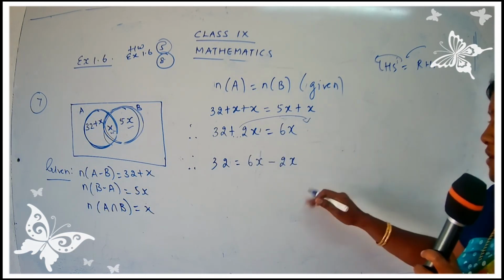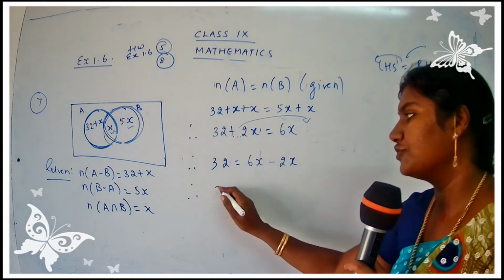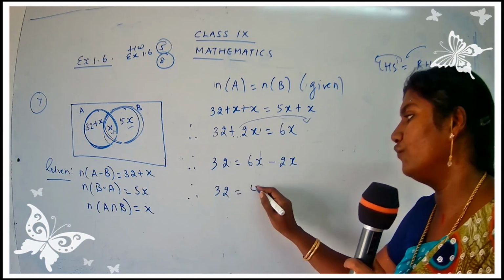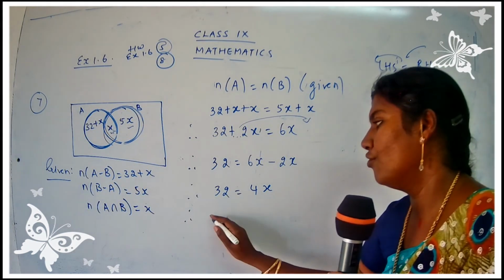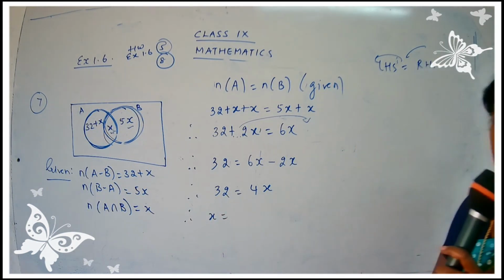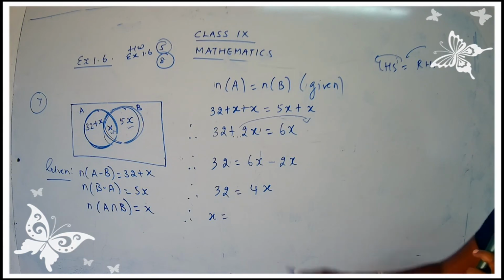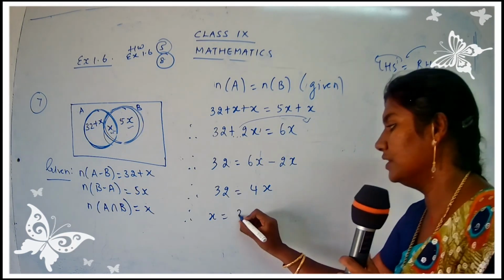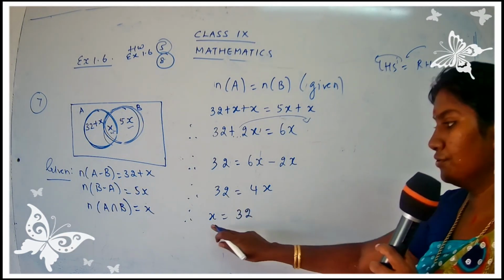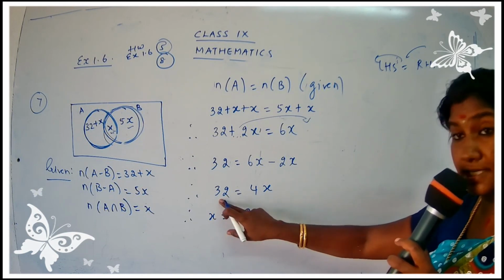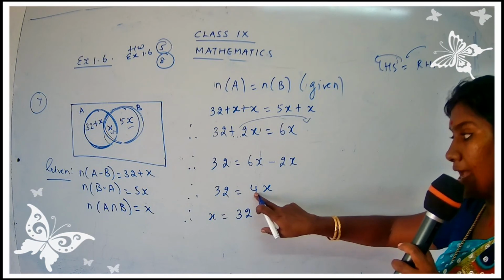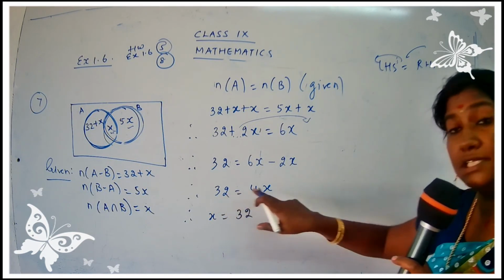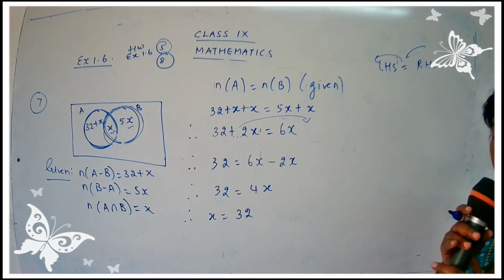Yes. So now let's solve further. So 32 is equal to 4x. 6x minus 2x, it's 4x. Therefore, x is equal to, now I have to find out the value for x. So x will be 32. Okay. I'm just going to take the unknown value, that is x. Now this is 32 and I'm going to bring this 4 down. So when I want to bring this 4 down, just go with the operation. What is the operation used here?